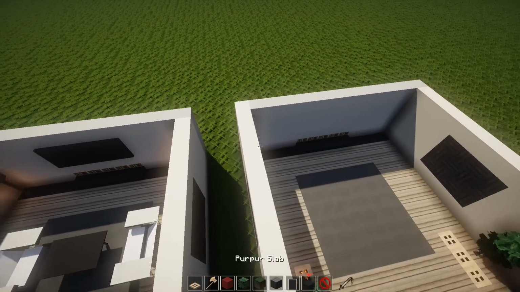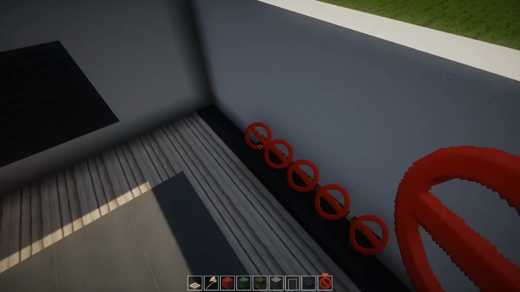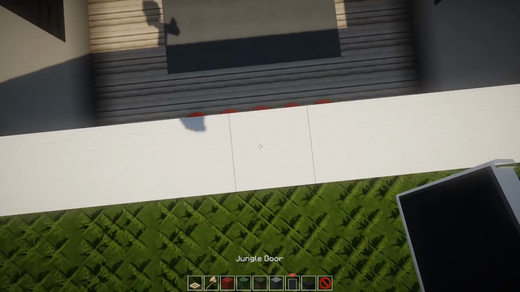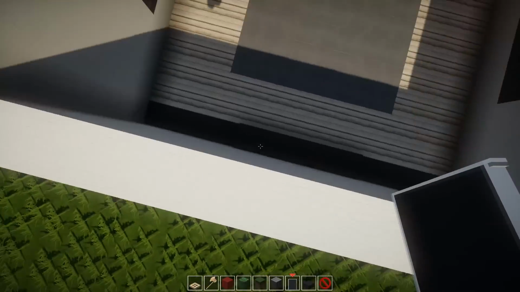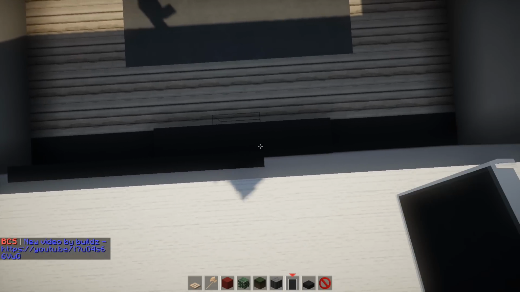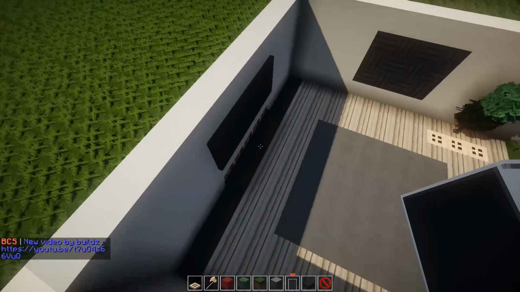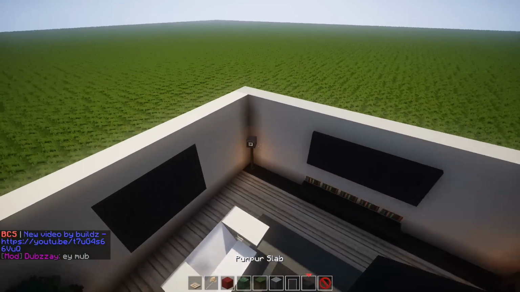So let's get straight into things. This is actually a really cool doable feature. Like I said, the use of the barrier blocks makes this doable. And what you're going to want to do is let's just find out how wide this guy is. So he's the same width as a unit below. You're going to want to crouch, just come above like this, and you can actually put these black jungle doors down, which makes the sleekest and coolest TV design.